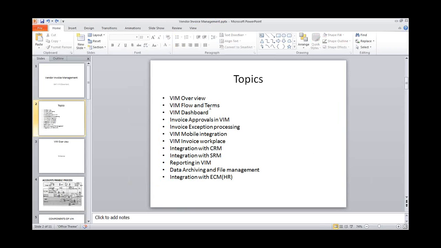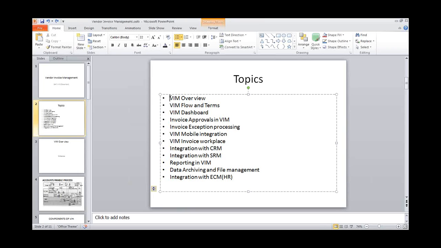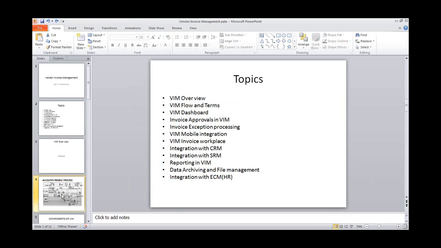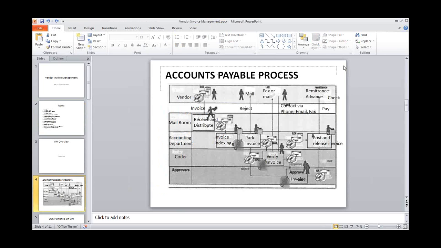Here, at this point of time, today I just focused on the first two things. One is the VIM overview, which Hari has given very thoroughly, but I wanted to put it in a different way, the same process here. So this is how the typical accounting process is going to be shown. The vendor is going to send